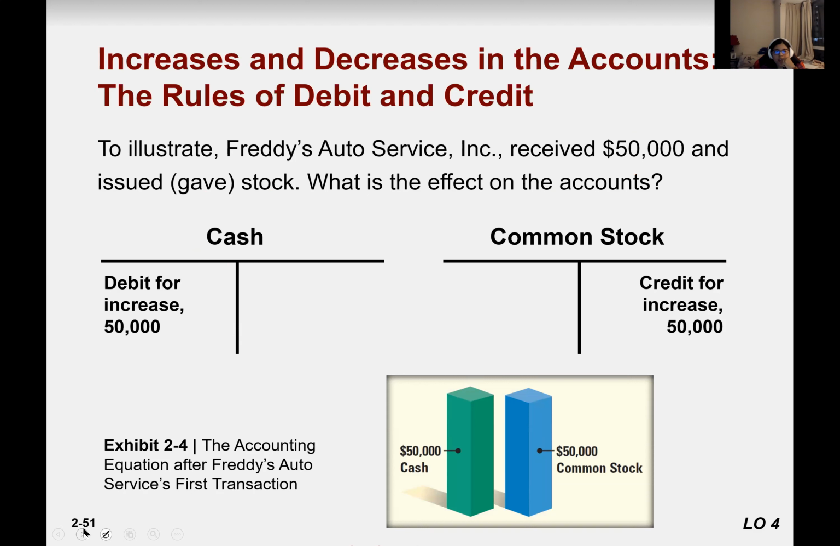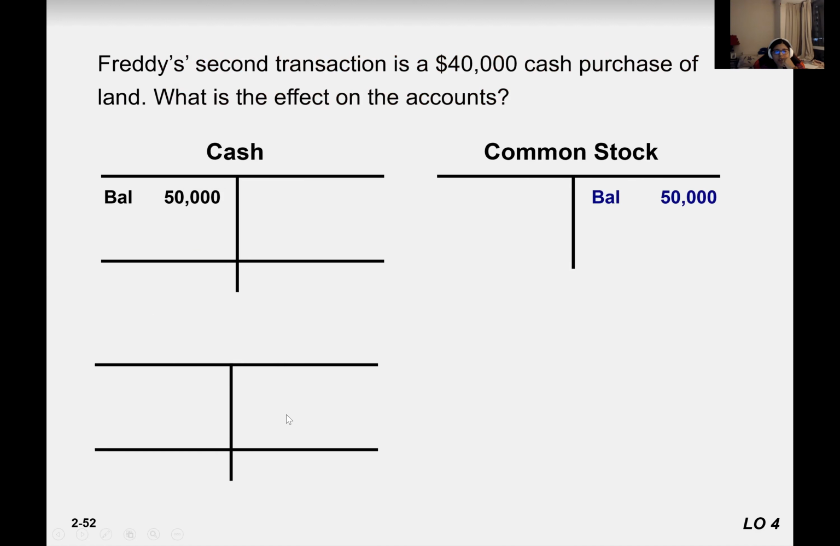Right? So this is the debit side here. This is the credit side. You can write it down here, credit as well. Don't worry about that. Credit, debit here. And now Friday